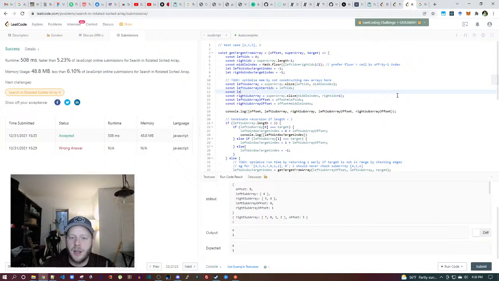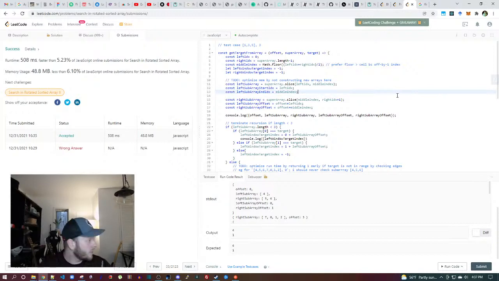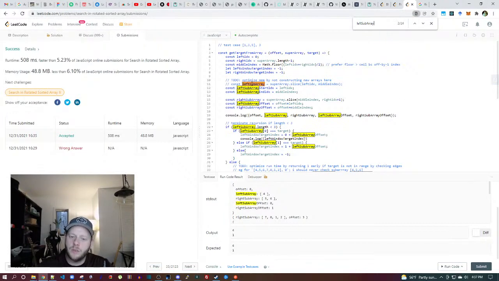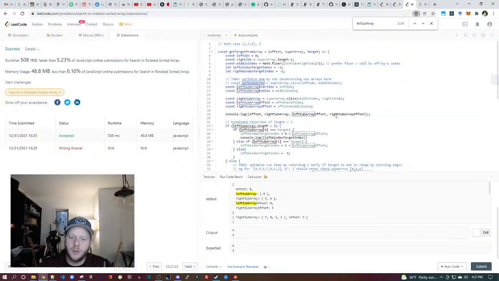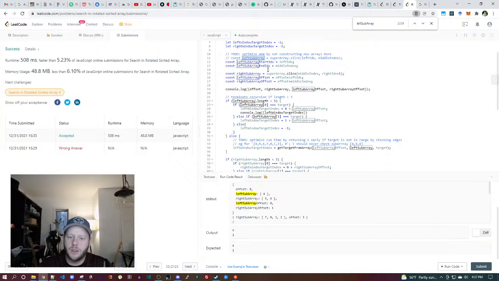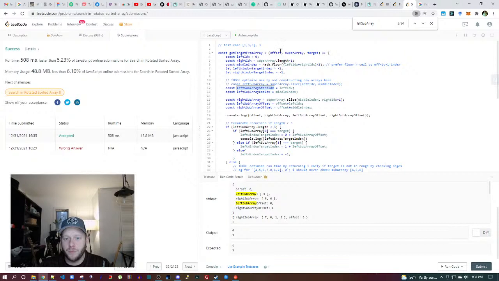And then const left subarray end index equals middle index. So now we say if subarray start index